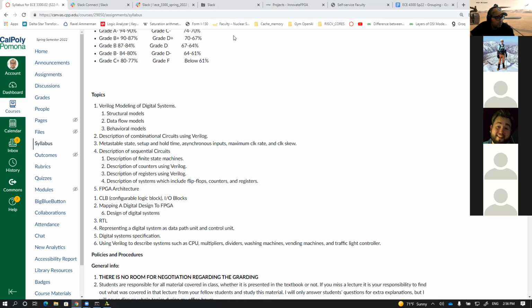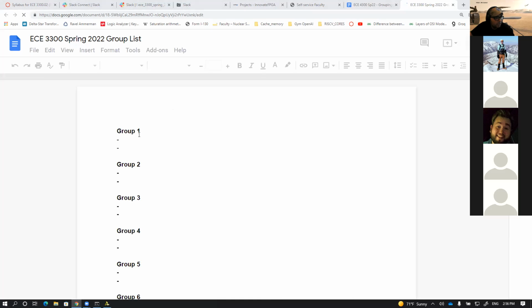Gate level modeling. Thank you, Gerard, for the link. So you guys can see the link that Gerard already sent. Go ahead and start filling in front of the group your name and, in parentheses, your username for it. Okay. Anyway,